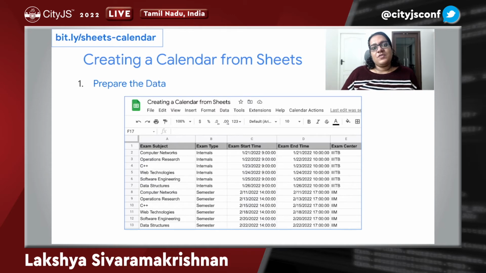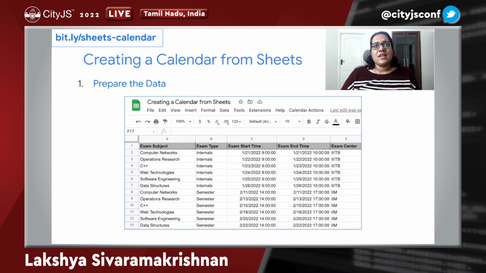If you don't make a copy, if it's view only access, you will not have extensions enabled for yourself. So go to bit.ly/sheets-calendar and make a copy of the sheet. I'll just take you through the data, but just again the same note. Ensure you do this in an incognito mode if you have multiple Gmail accounts set in your browser, or ensure you log out from all other accounts except the one that you're using to run all the demos throughout this talk, right? So here's how we prepare the data.